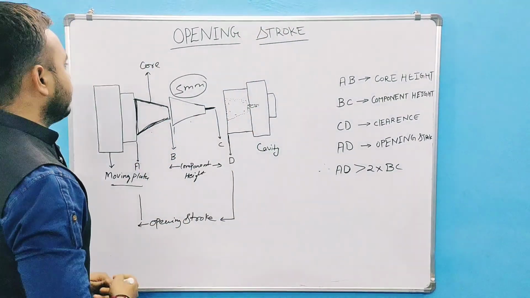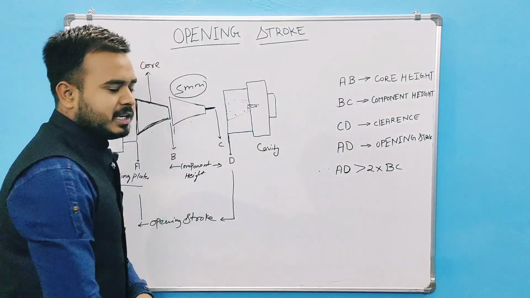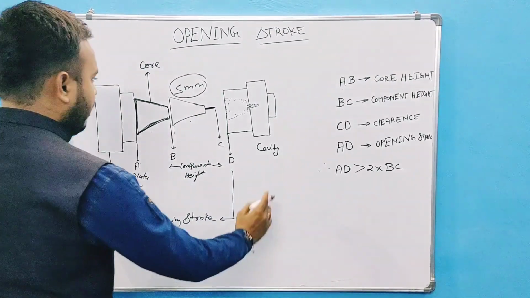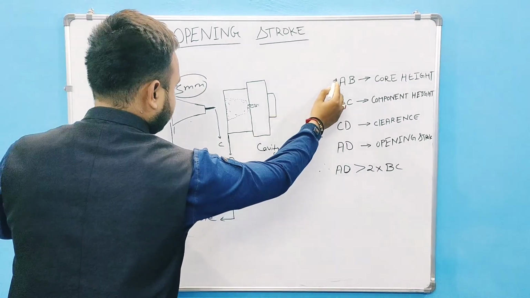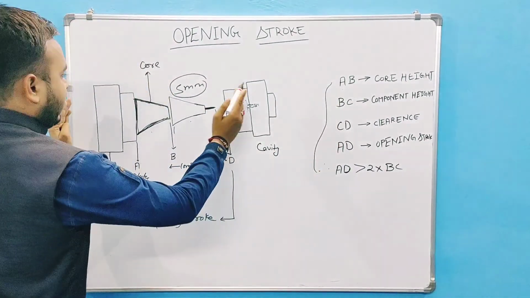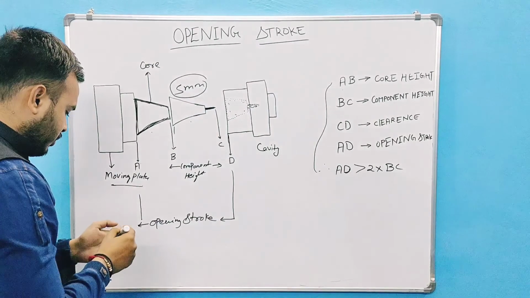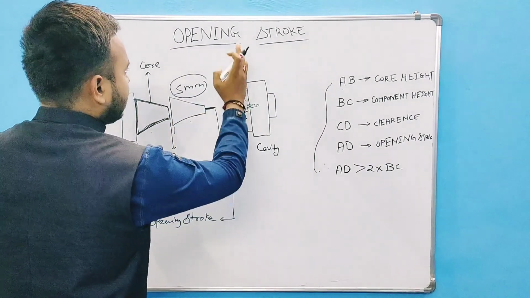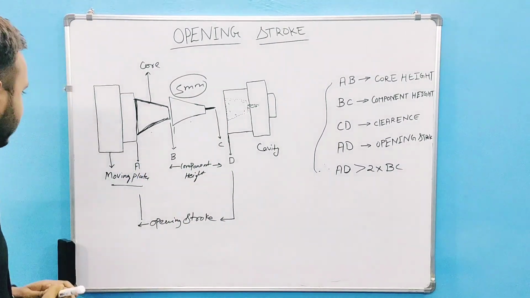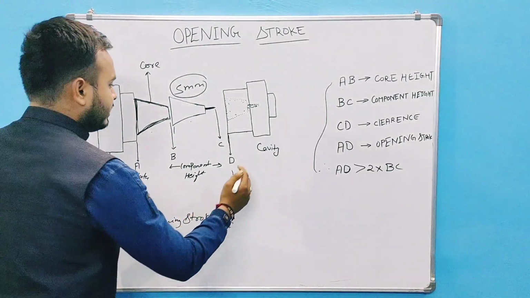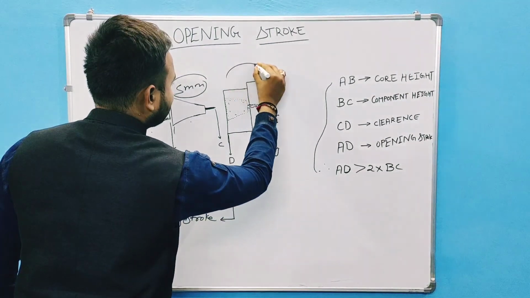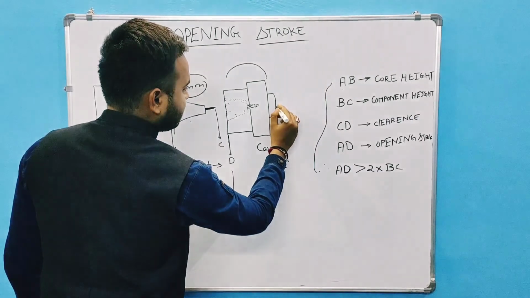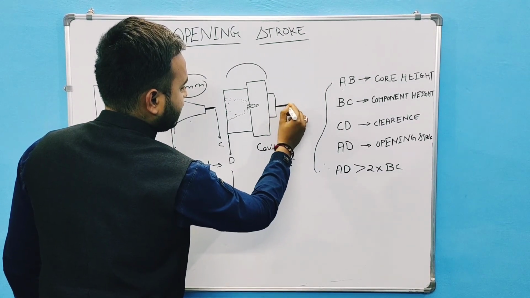Now this opening stroke is the most important topic of the injection molding machine. Now I'll show you with these numbers and an illustrated figure. I'm going to tell you in detail how this figure correlates with the opening stroke. For example, you can clearly see that this is the cavity section. This complete section is the cavity section. It is attached to the machine. Here is your nozzle and barrel of the injection molding machine.